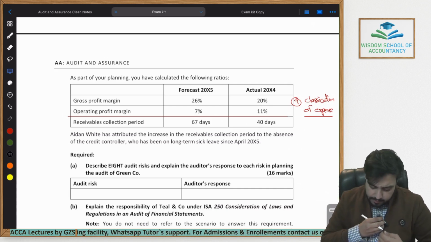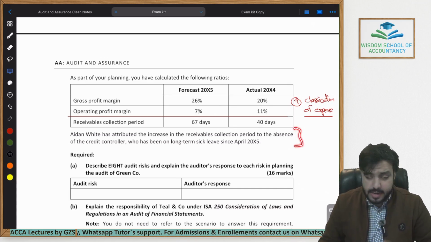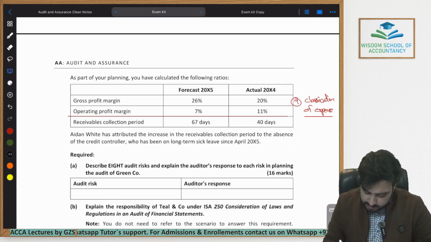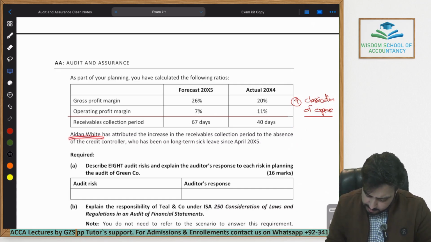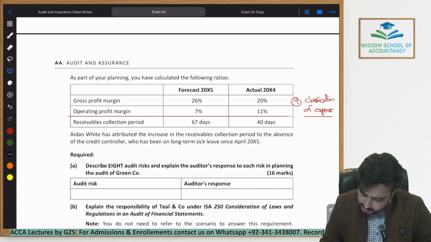This is the risk that I've created just by looking at this calculation. Still, there is one paragraph remaining. Let's read it. Maybe it is related to receivables. Aiden White has told us about the increase in the receivable collection period. So basically, he's talking about this. Why are the days increasing? He's now telling us about this: the increase in the receivable collection period